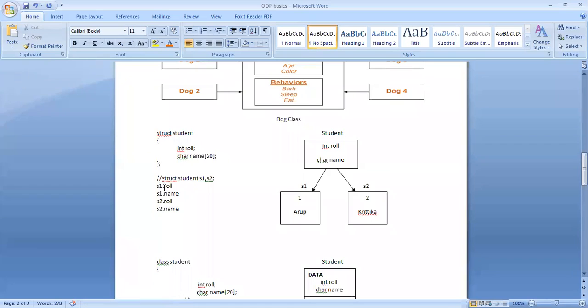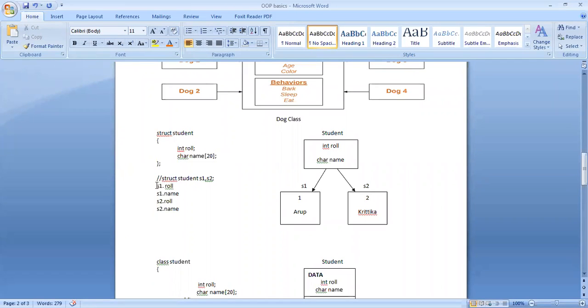Using the dot operator. If you simply write roll, what do you understand by this? Whose roll? Because I am maintaining a list of objects here. If I say roll number stand up, what do you understand by roll number? I have to specify roll number 1 stand up. Do you get me? So this is how you have to specify the object before you write the data member. So if I write s1.roll, I am actually pointing to student 1's roll number.